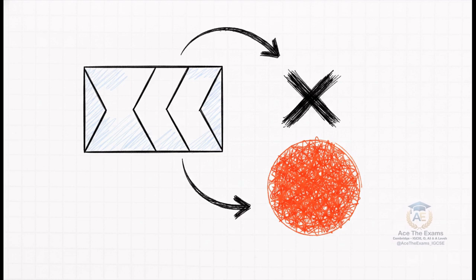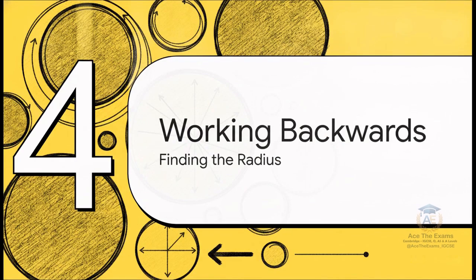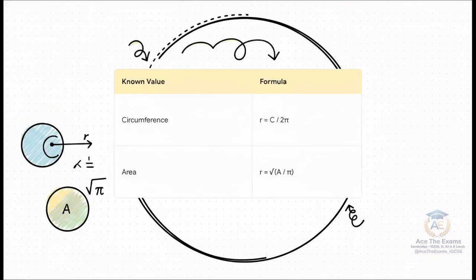Okay, let's keep moving. Section 4. Working backwards. Now, in applied mathematics, and especially in the Cambridge exams, the examiner isn't always just going to hand you the radius and ask for the area. That's too easy. That's a rookie play. Often, they throw a counterattack at you. They give you the total circumference or the total area first, and you have to work backwards to deduce the